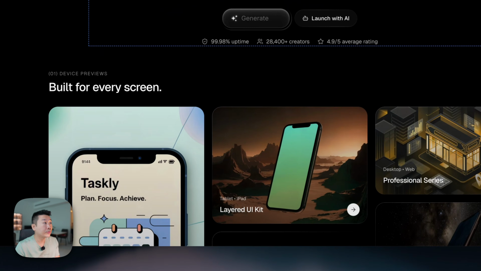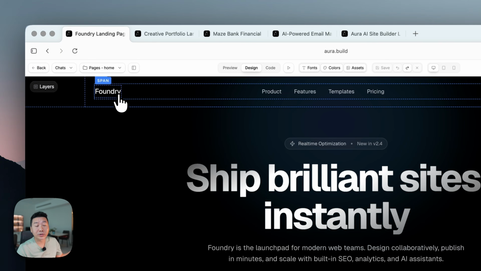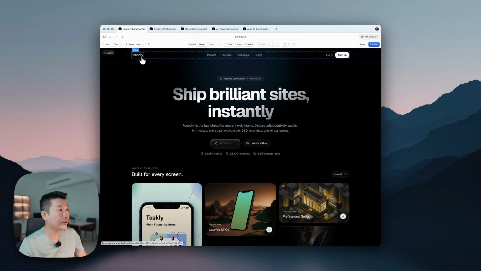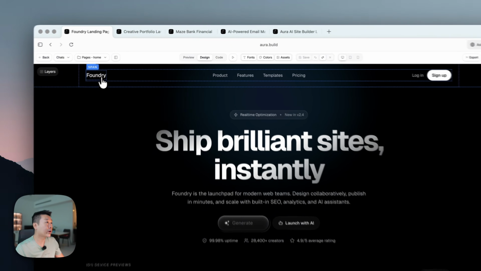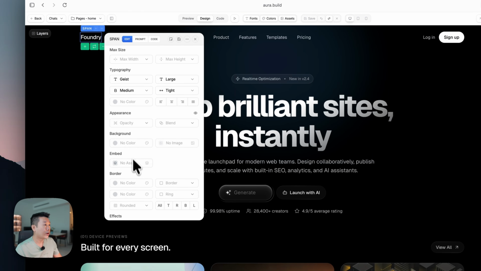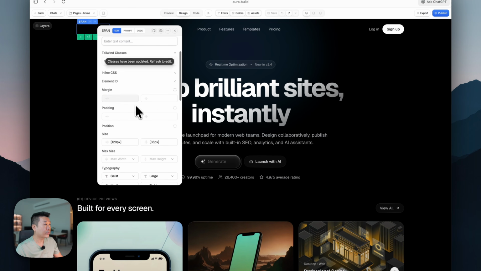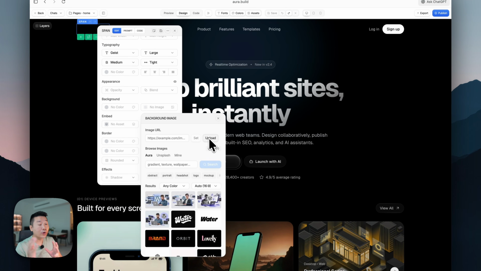So the second feature is to be able to do image generation. So for example, AI likes to generate these logos with just text or really cheesy icons. So what I do is I select this. I'm gonna set the size using pixels. So 120 and then 36, which is very standard. And I'm gonna remove the text and I'm gonna put an image. So as you know, we have,